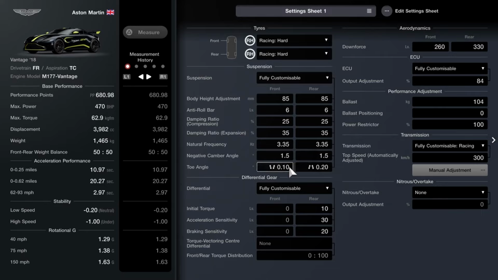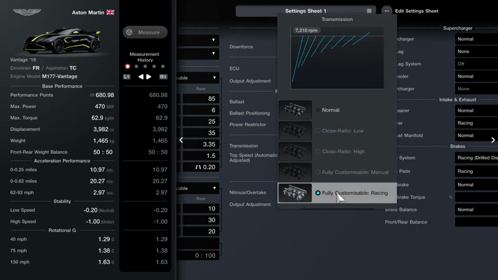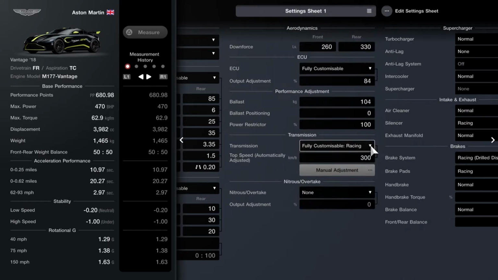As far as toe, it's toed out. 0.10 on the front, 0.20 on the rear. 10, 30 and 20. Surprise, surprise, it works really well again, as it has with many cars this week. 300 kilometers an hour on the auto setting for this one. Of course, you've got plenty of gears to work with, and it gets through them pretty quick, especially with the